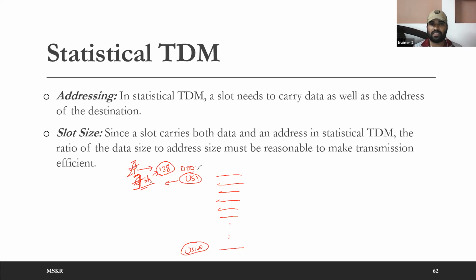So the first user's address will be 6 zeros followed by 1. The second user's address will be 5 zeros followed by 1 0. Then 1 1. Like that, you are going to provide addresses. Now, if you say that my frame carries 4 users' information, where the information is only 1 bit and the address is 7 bits, is it reasonable?